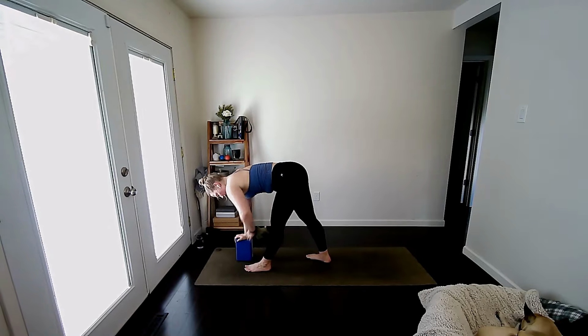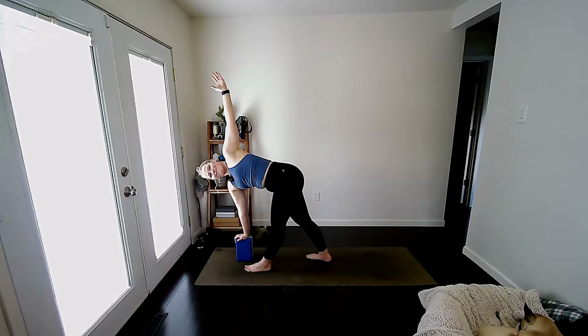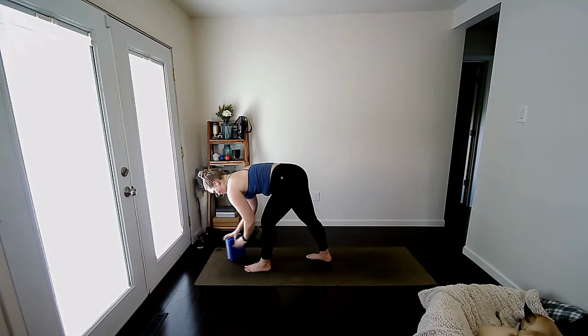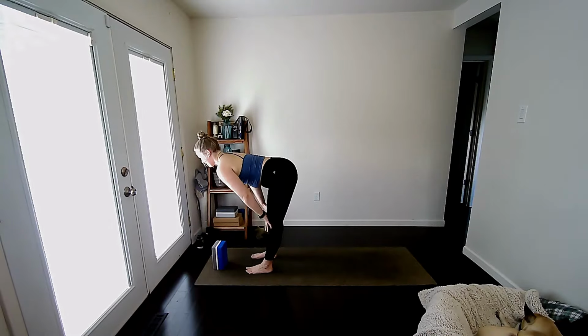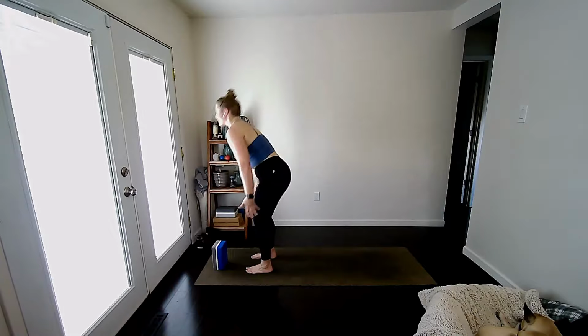Your right hand to your block, left hand to your hip, long spine, peel open, revolve pyramid. And release, step right foot to the top of mat. Last sun salute, halfway lift. Fold forward. Stand up, reach up,